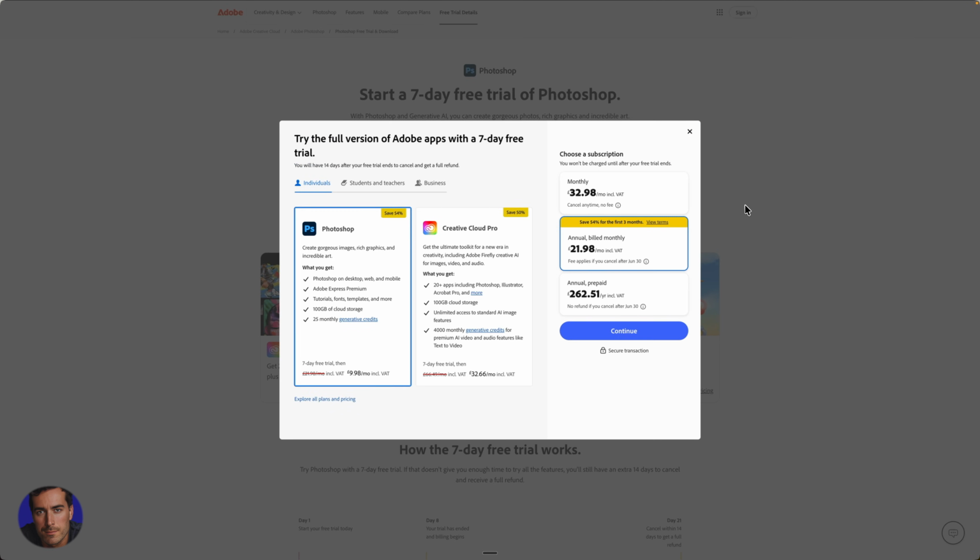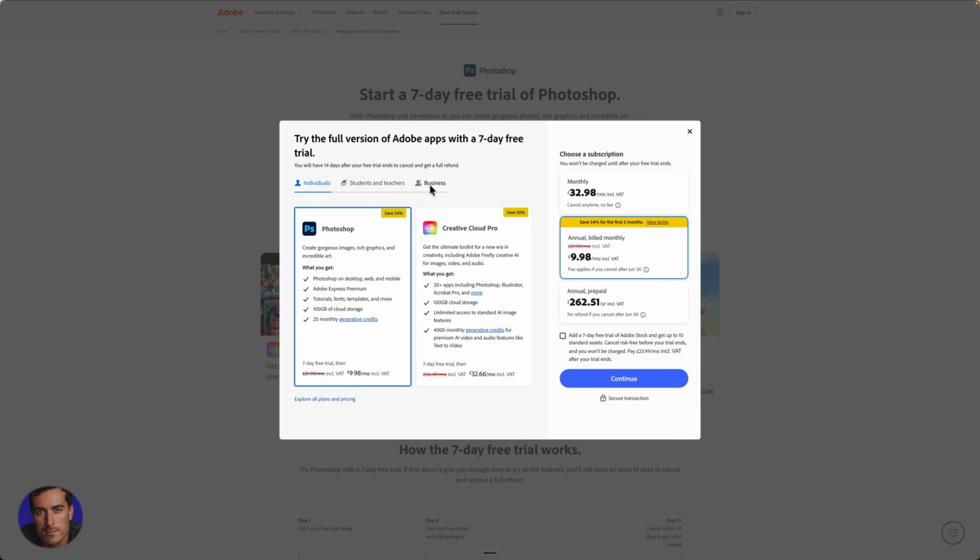This will open up the options now. Depending on if you're an individual, a student or teacher, you get a discount there, or a business as well. You can select just Photoshop, which is by default here, or you could go for the whole Creative Cloud suite of apps, including Photoshop, Illustrator, Adobe Acrobat, and more. I think they have Premiere Pro in there as well, if I'm not mistaken. By default, Photoshop is selected. From there, you will click Continue, and you will download Photoshop once you have gone through the process of